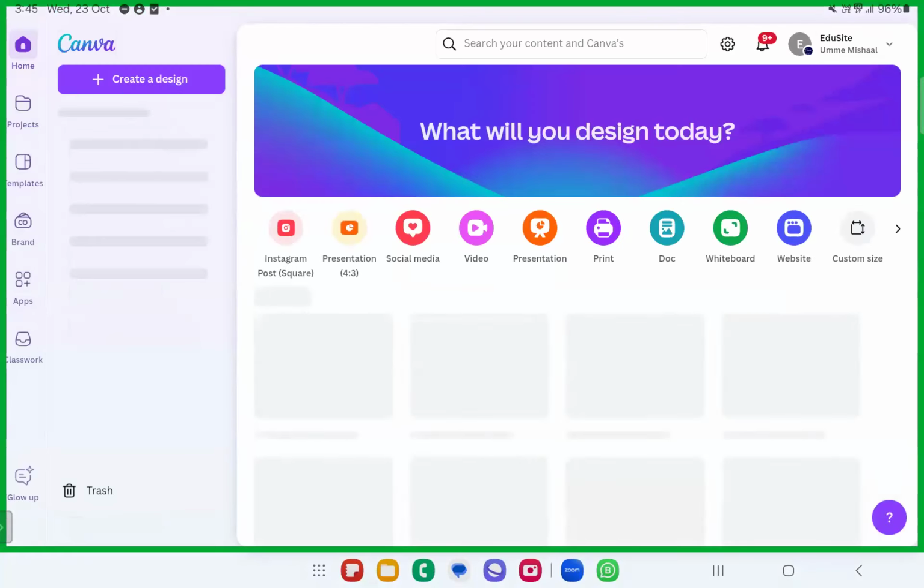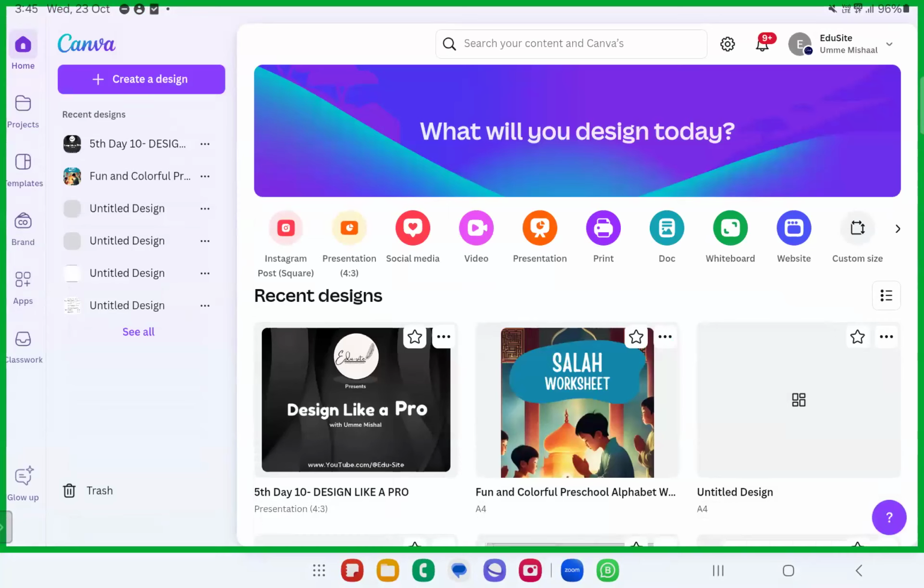So make sure to attend all of these sessions. Make sure to cover whatever is being taught in today's session and whatever was taught in the previous sessions as well. Inshallah, only 5 days are remaining, so make sure to grasp the most out of this course, inshallah. So let's go ahead. We are going to start to create business cards.